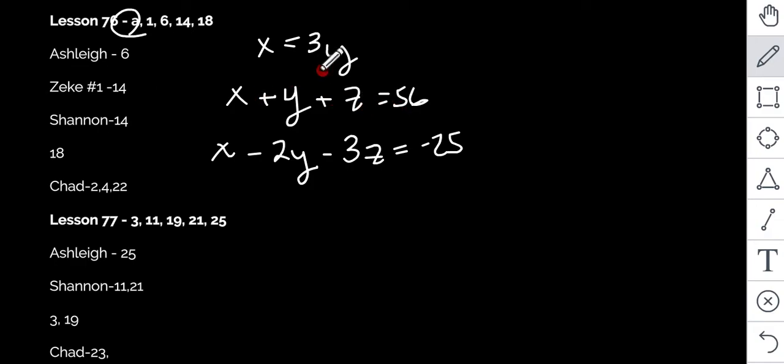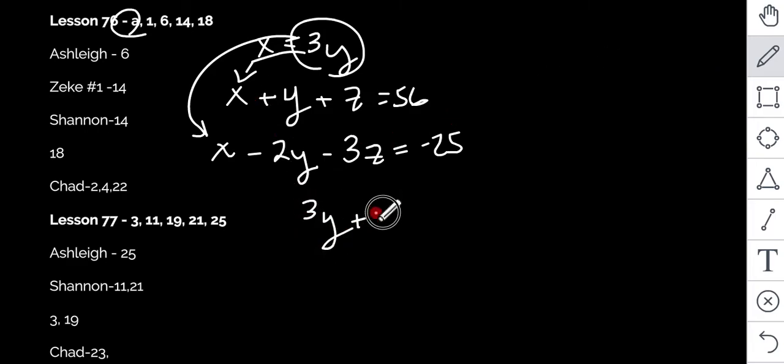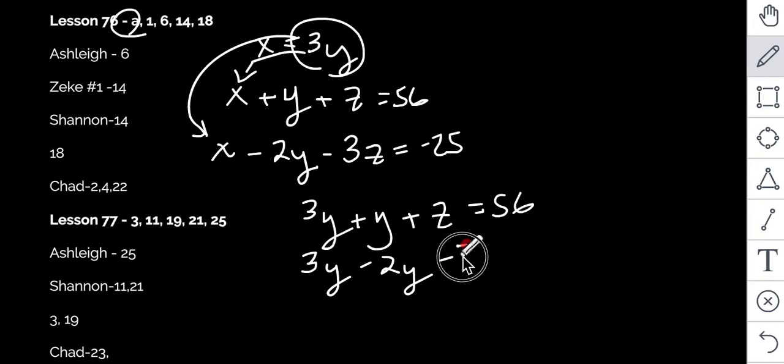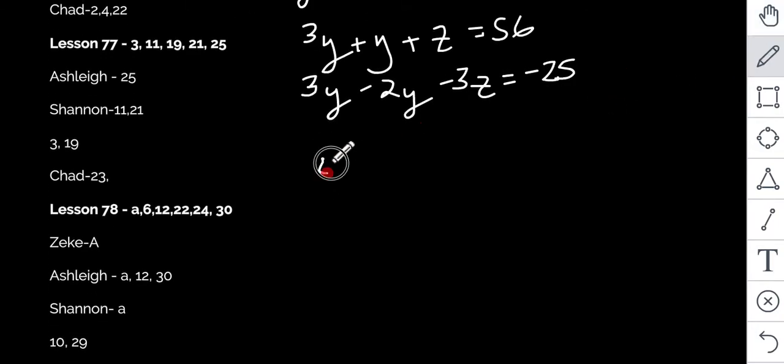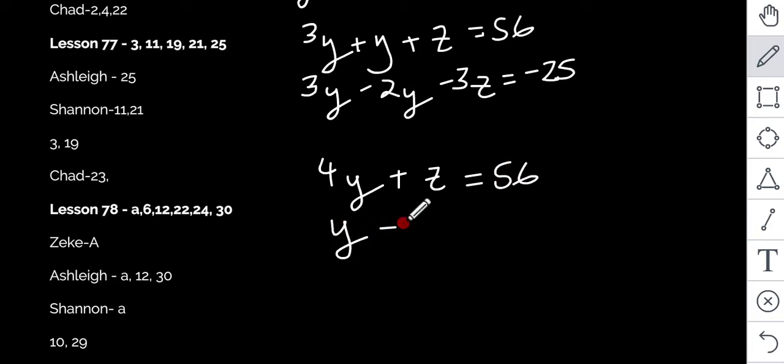So x equals 3y. They give you this little baby equation. So we're going to put the 3y in where the x's are. And that way we only have two variables and two equations. Because we're going to have 3y plus y plus z equals 56, and 3y minus 2y minus 3z equals negative 25. We're going to combine our y's, and we're going to get 4y plus z equals 56, and y minus 3z